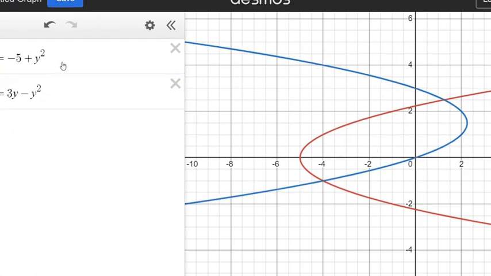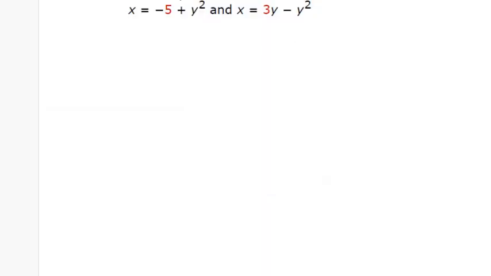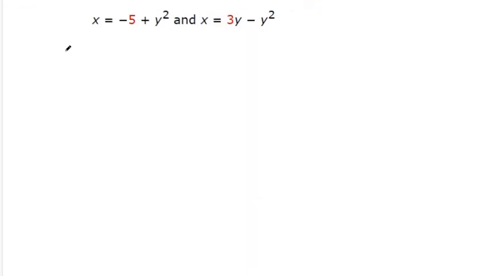It's set up to integrate with respect to y. So that means you want to check your limits of integration with respect to the y-axis. It starts at -1 on the y-axis and it ends at 2.5 on the y-axis. So the integral I want to calculate is from -1